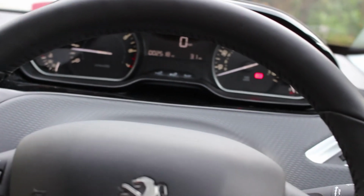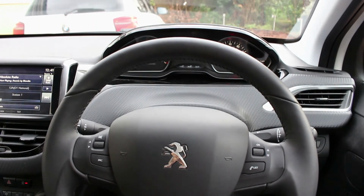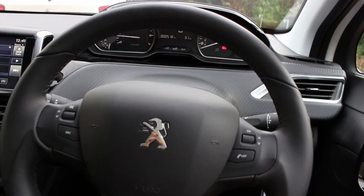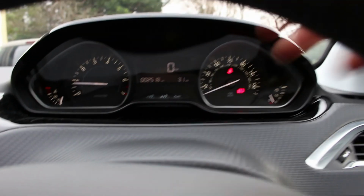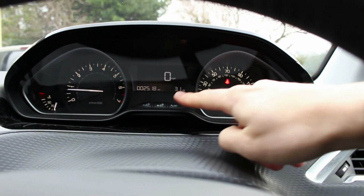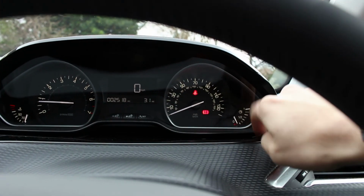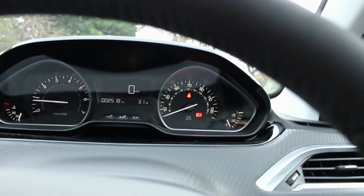The counter itself is quite semi-obstructed by the steering wheel in my position anyway. If you zoom out, this is my eye line, so as you're driving along the road, all that's just blocked out. But the instrument cluster itself is quite nice. We've got temperature on the left, revs one up from the right there, a digital screen in the middle with mileage, speed and trip computer, and then obviously your fuel tank on the very far right and your indicated speed. So if I give the car a little rev,